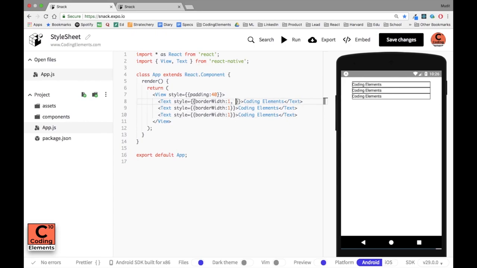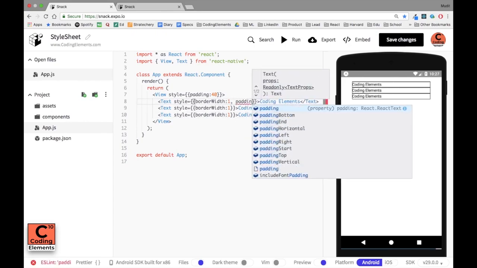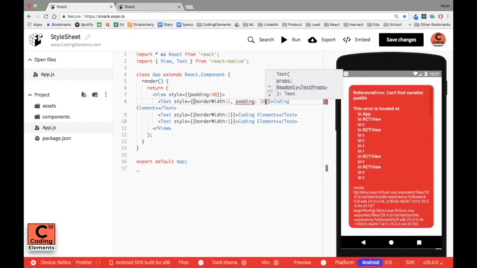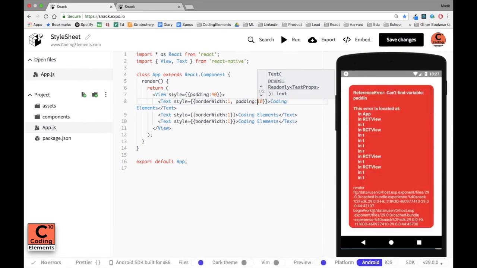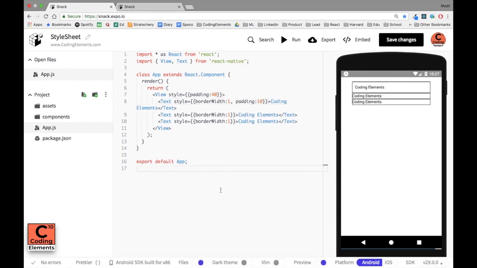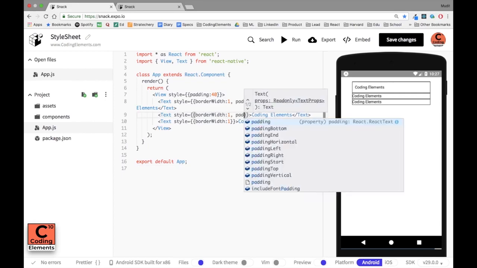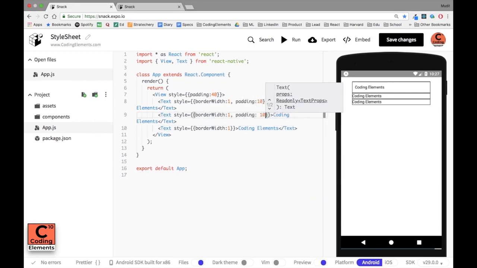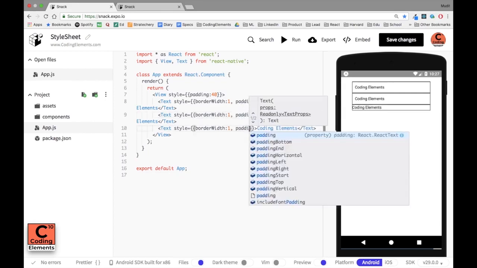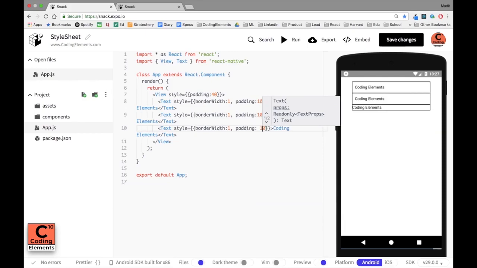Right. To the first element, the next property that I'd be adding is padding, and I'd be giving 10 units for that. Now padding basically determines the spare space that has to be added within the element. So with padding 10, we can see the border width of the first element increasing. Similarly, let's give a padding of 10 to the rest 2 elements as well. And now we can see that padding has been added to all the elements.